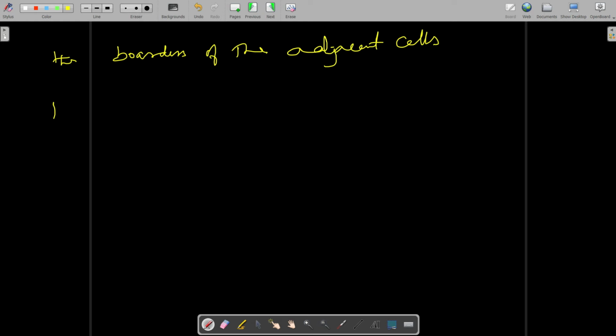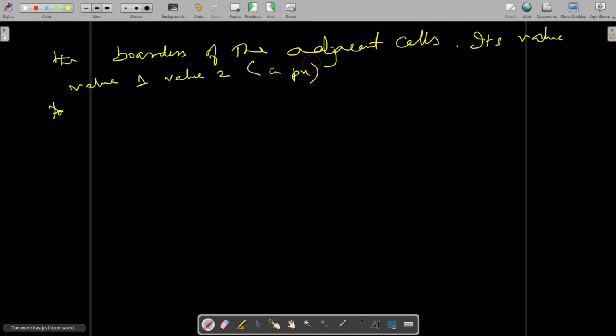Its values are value 1 and value 2. It is expressed in pixels.